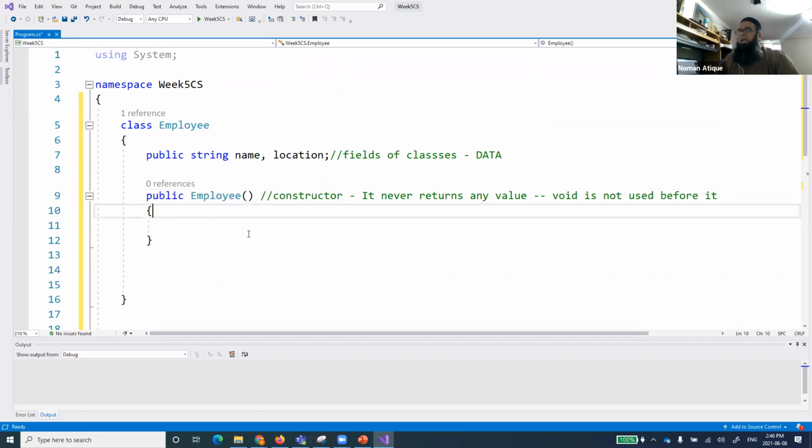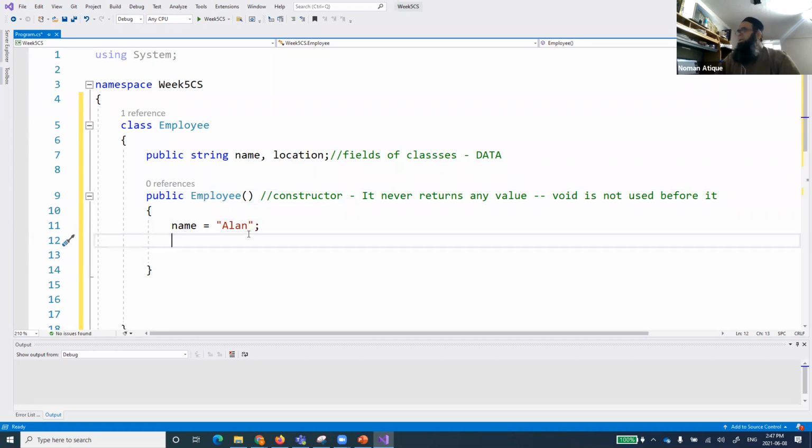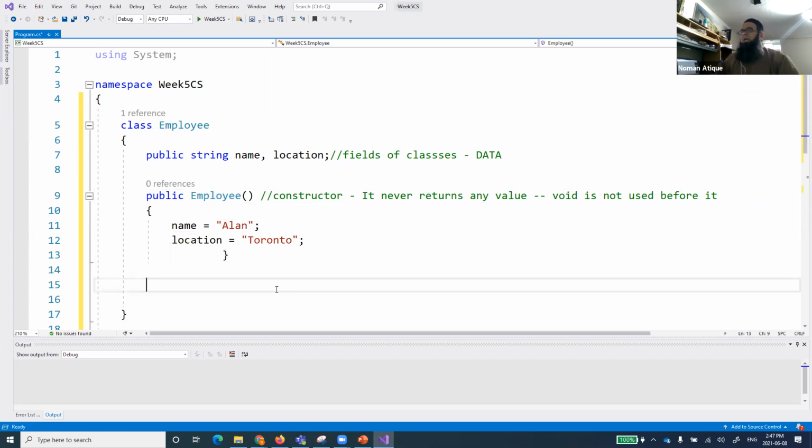Let's do something, and I want to say whenever the class is created, let's create an employee with some name, Alan, and location equal to Toronto, whatever. So I've created a constructor, and I've given some default values to it.